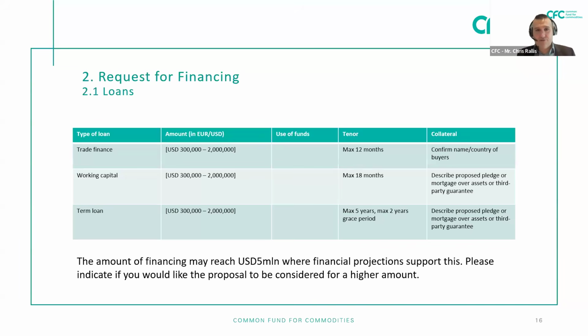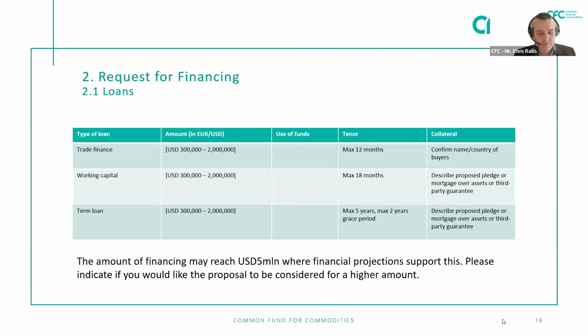We could work on a basis of a collateral management facility. It could be also a third-party guarantee from, let's say, a local or an international bank, or even a government guarantee. Now, the rule of thumb here is that the longer the cash cycle of the company, the more securities we would probably be looking at. As we said, the tenure for working capital facilities is between 12 to 18 months, annual renewable for up to 5 years, and concerning the amounts, same as in trade finance.